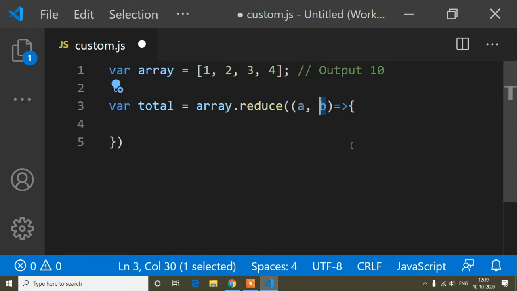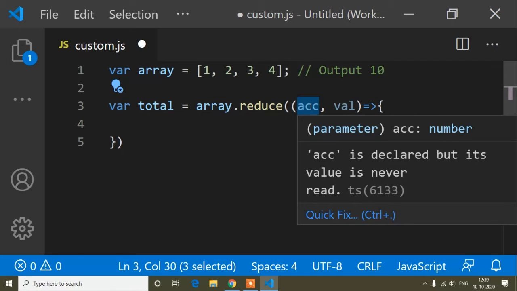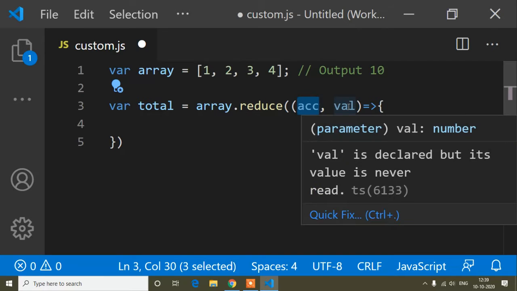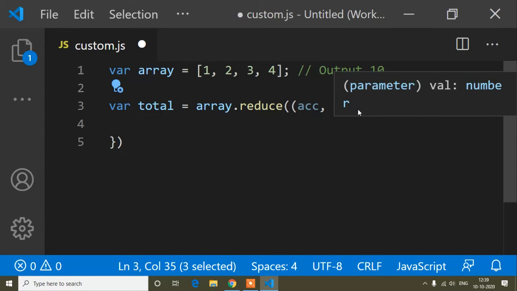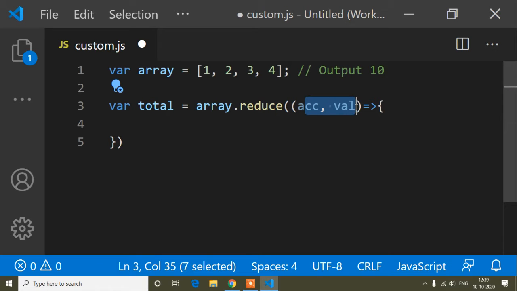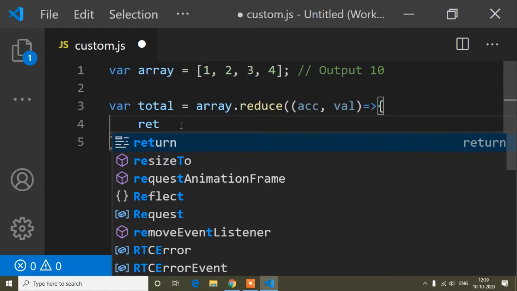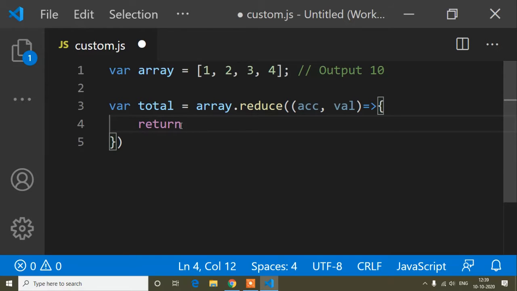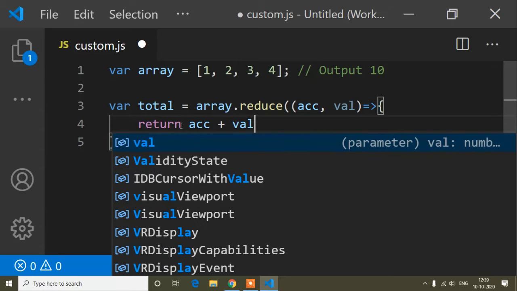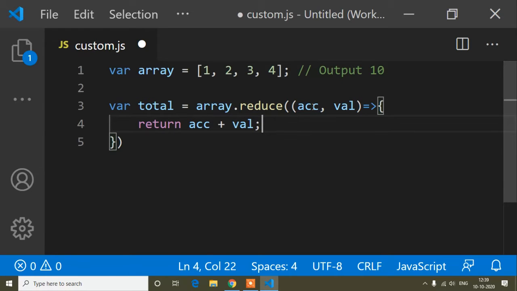But we try to write the parameter names similarly, so the short form of accumulator is ACC and of value is VAL, but you can write anything as per your choice. Now we write return ACC plus value. ACC means this one, and value means this one.